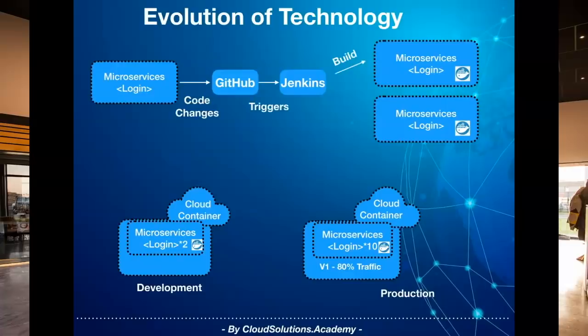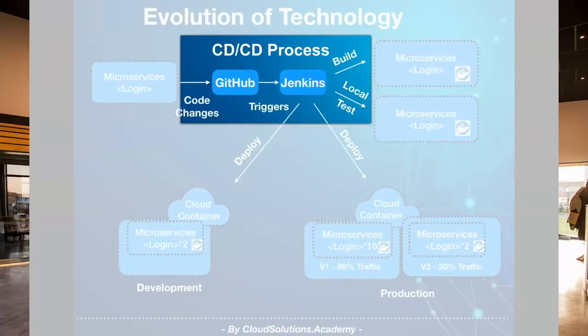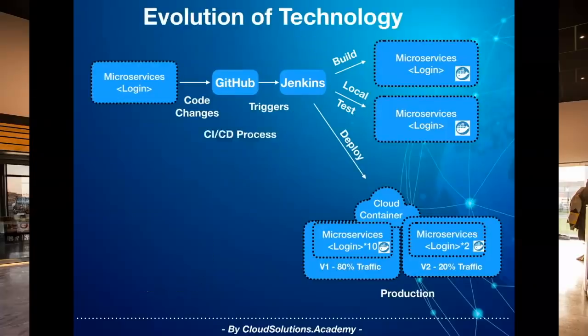Now once you have containers and microservices, the last piece was building a pipeline that can continuously test out the code changes and roll out versions of the container in a consistent way to development or production environments. That's where continuous integration and continuous delivery came into play, and tools like Jenkins and GitHub were used to build out these processes.